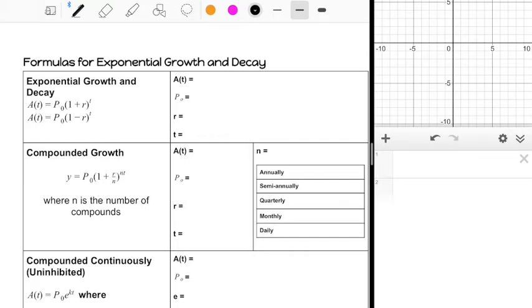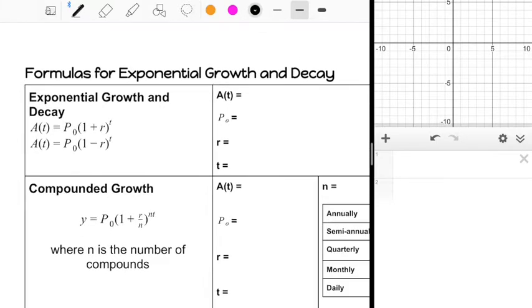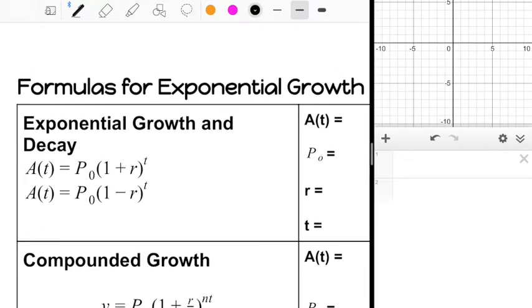So first thing we're going to do is learn the types of formulas that you could have. You should have seen a few of these before, especially in Math 1, continued into Math 3. You may have seen a few in Math 2, but they may look a little bit different, but they are set up the exact same way. So when we talk about exponential growth and decay, you can see that I have